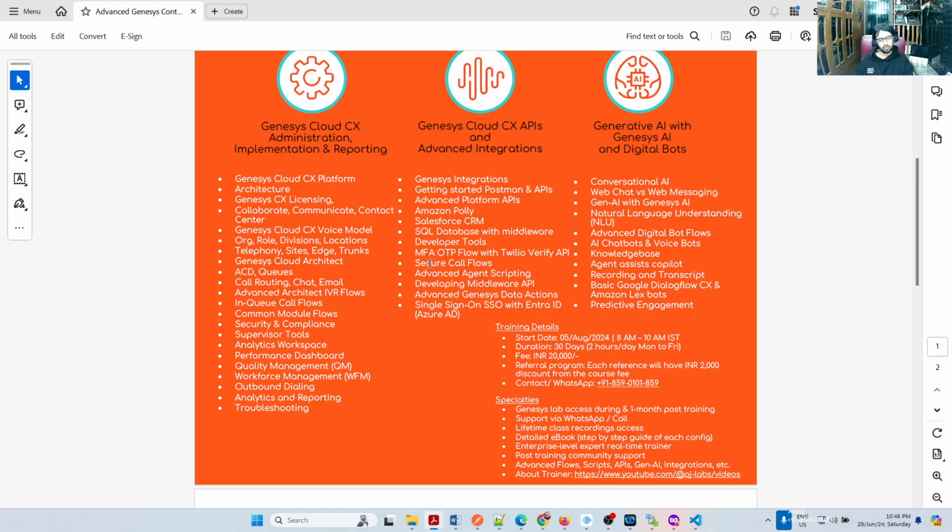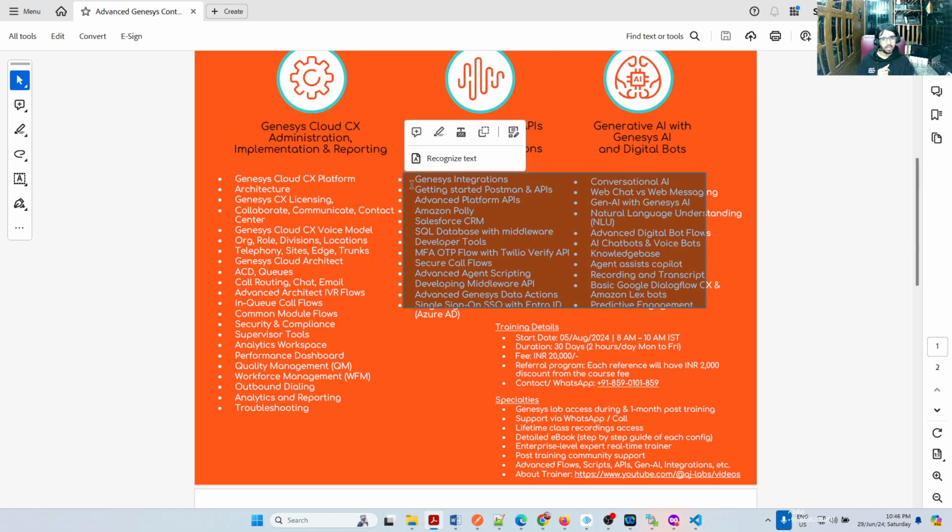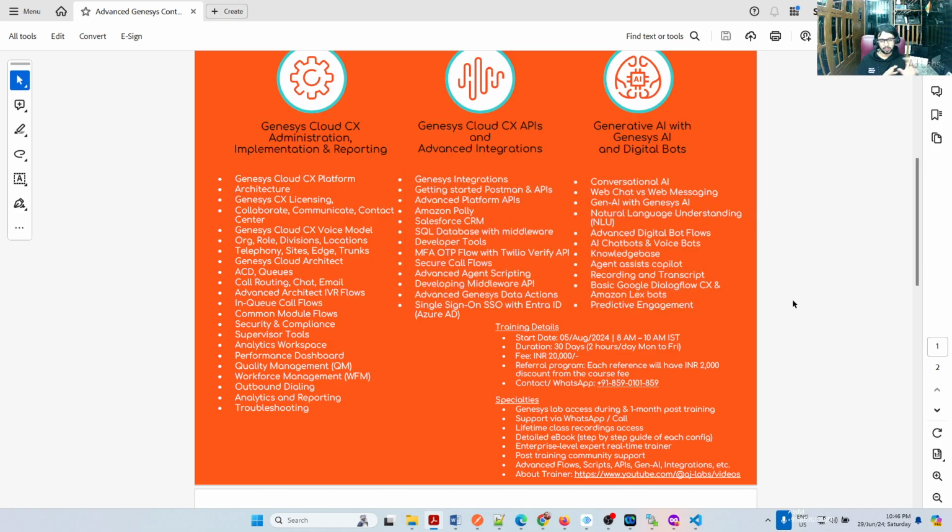But when it comes to cloud, you only need to understand the APIs and some 30-40% development, which I will cover as part of the training. Integrations and the extra technology will be the same, even if you take any other contact center. So first we will learn the entire Genesys, then we'll move on to the industry standard.